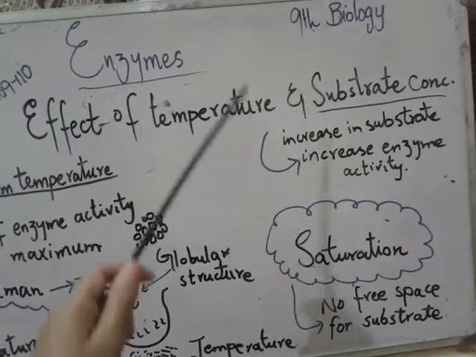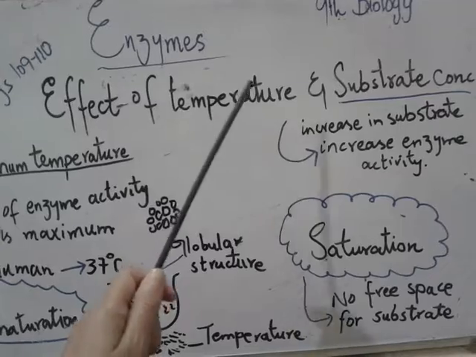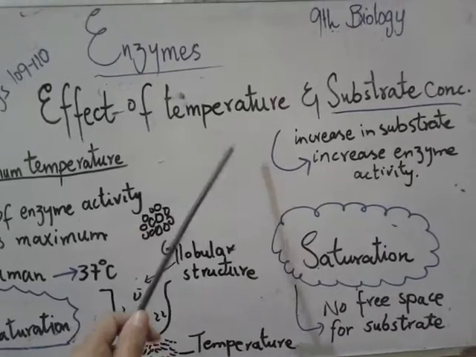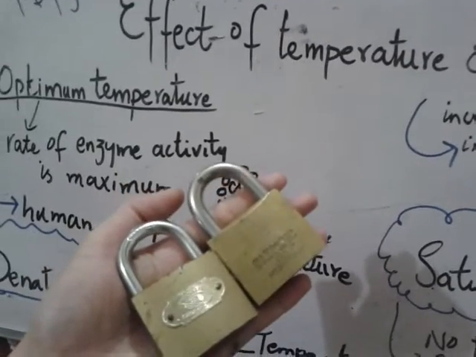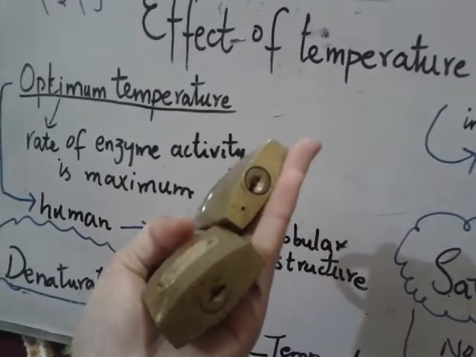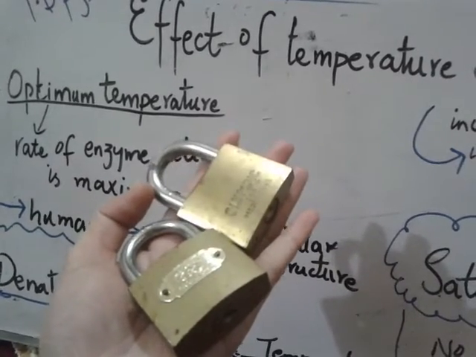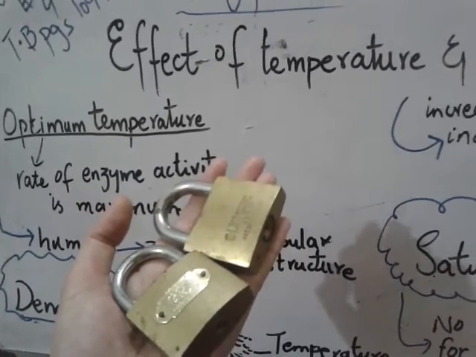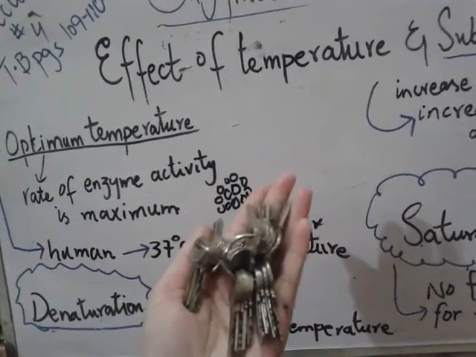Now I am going to discuss the effect of substrate concentration. By increasing the amount of substrate, the enzyme activity increases. Consider these two logs as enzymes, and these are two active sites of enzymes. So if we keep the enzymes constant and increase the substrate, then